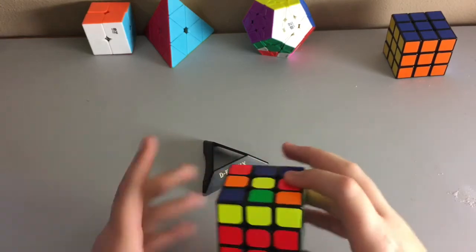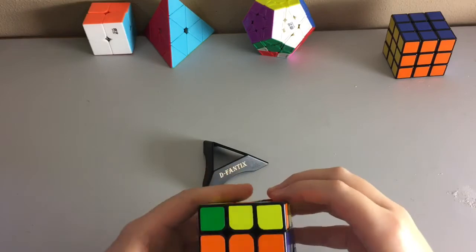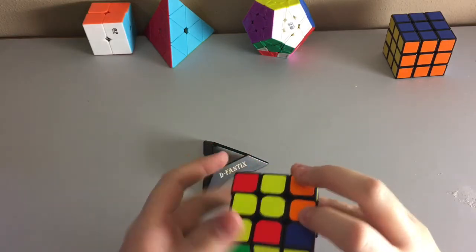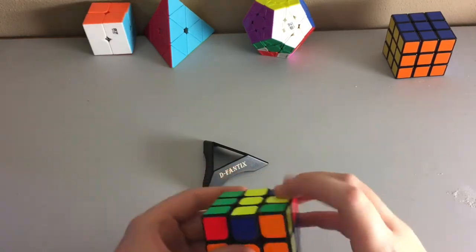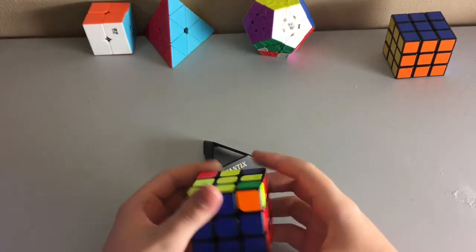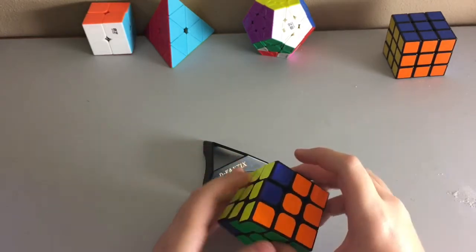So now I have the dot, so I do front, right, up, right inverted, up inverted, front inverted, and then I do front, right, and then hold the L to this side, so front, right, up, right, up, right, up, right, up, front inverted. So now I have the anti-sune case, where I do this move, which solves the layer,